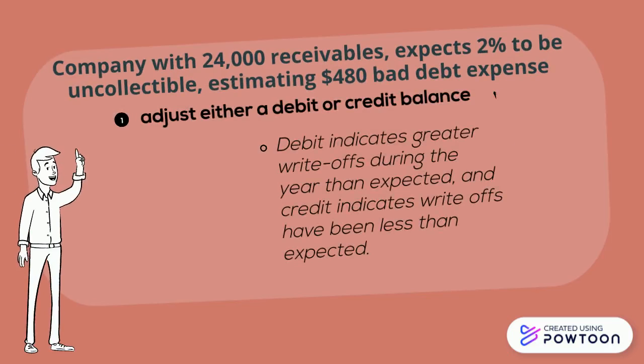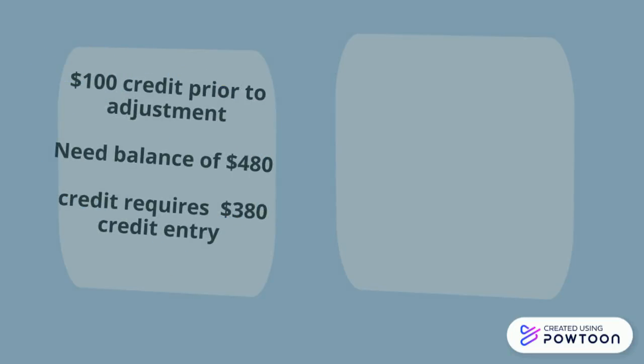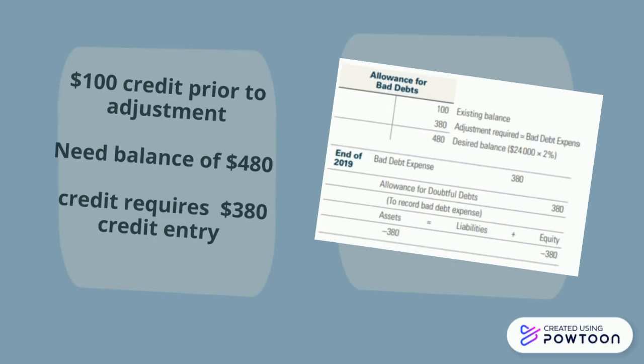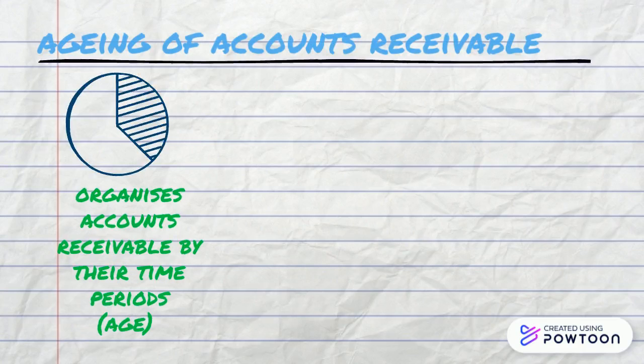The next step is to adjust either a debit or a credit balance. A debit indicates a greater write-off during the year than expected, and a credit indicates write-offs have been less than expected. If a company has a $100 credit prior to adjustment, to get a balance of $480, it requires an additional $380 credit entry. The last approach is the aging of accounts receivable, which organises accounts receivable by their time periods